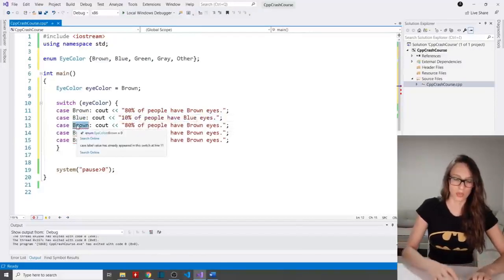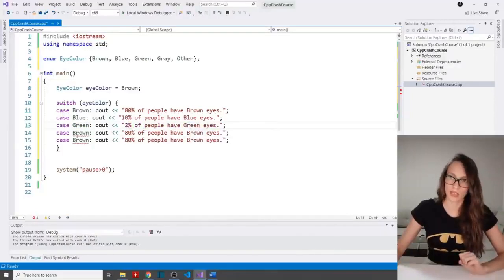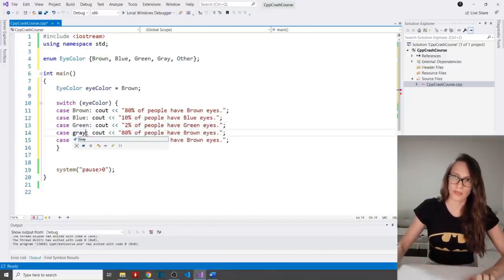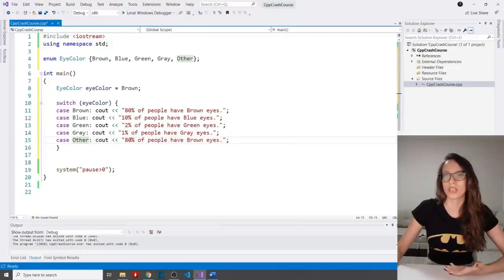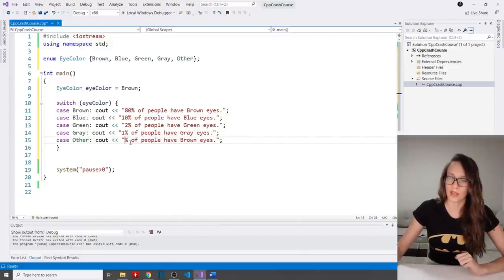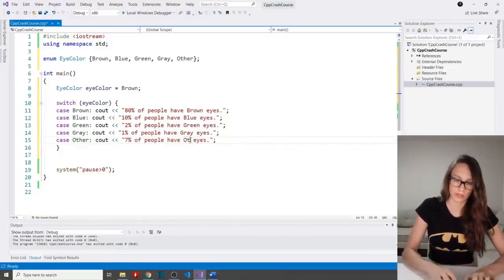And then in the situation where our user has green eyes, I'm going to say that I think 2% of people have green eyes, and then check gray, like this. 1% of people have gray eyes, like this. And then let's cover this other case, meaning all of the other colors, and let's say that 5%, or how many is left, 7% of people have some other eye color.